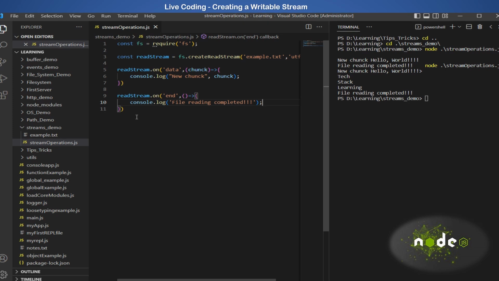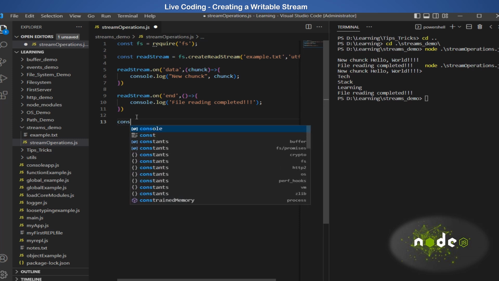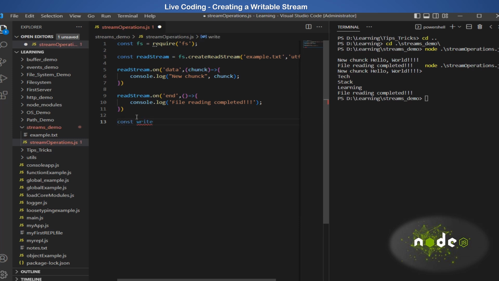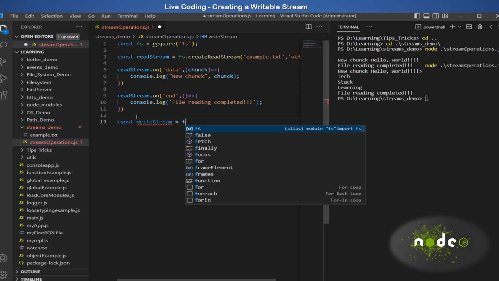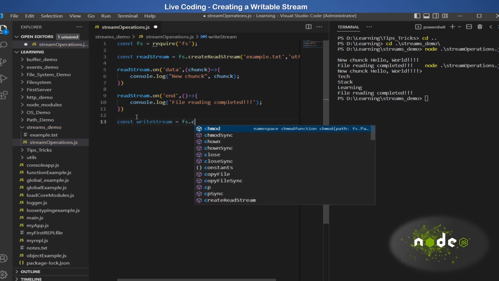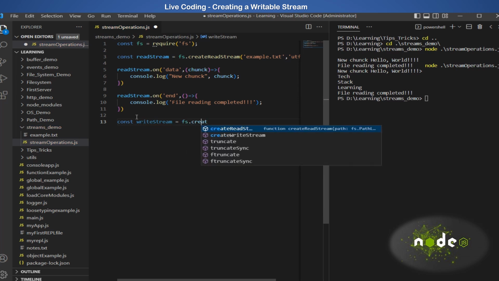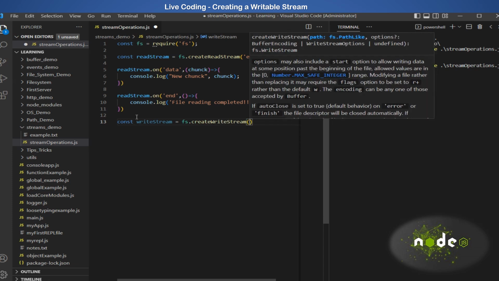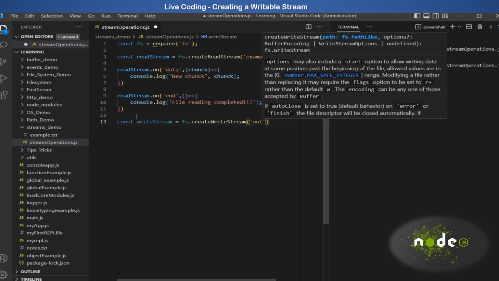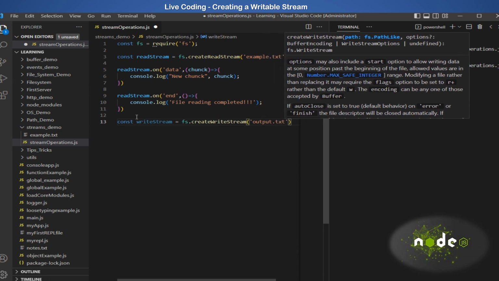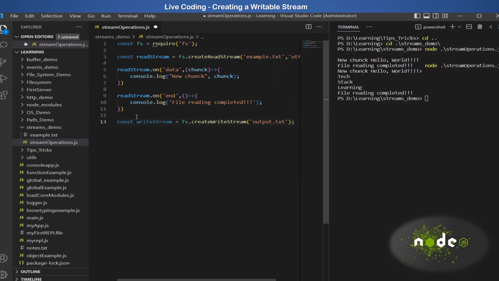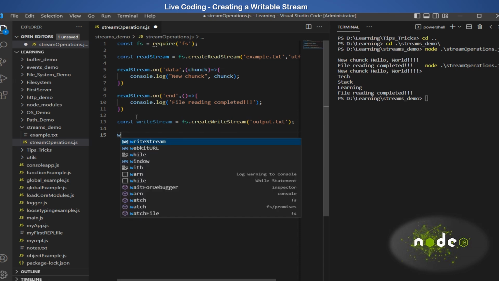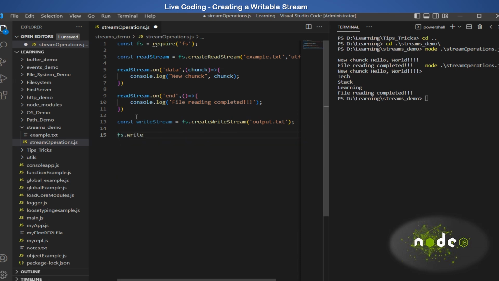So we saw how to read the stream, right? Now let's see how to write to a stream. So we will create const write stream equal to fs dot create write stream. Then I'll give output dot text as a file name. Okay, so once the stream is created, we have to just use the